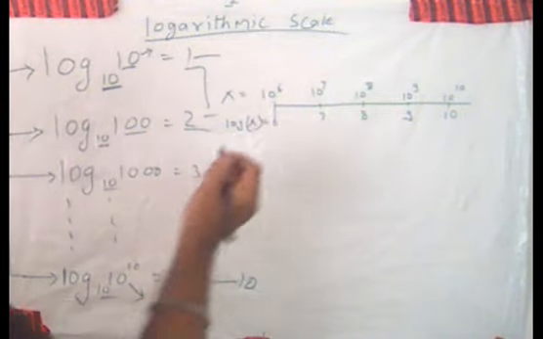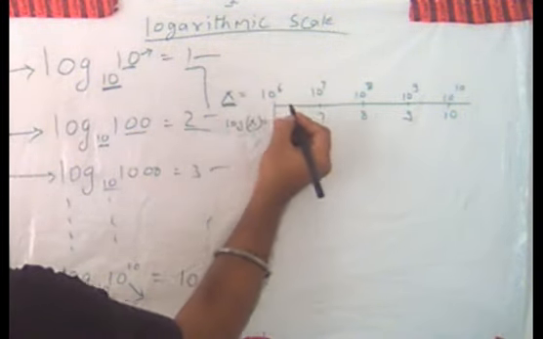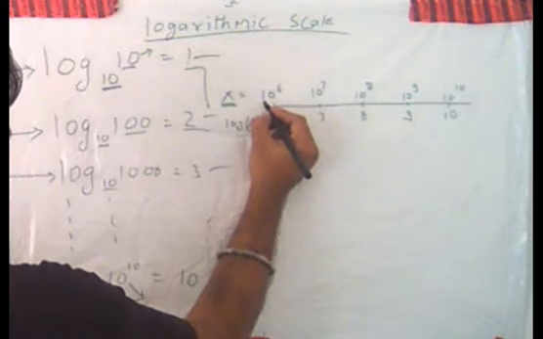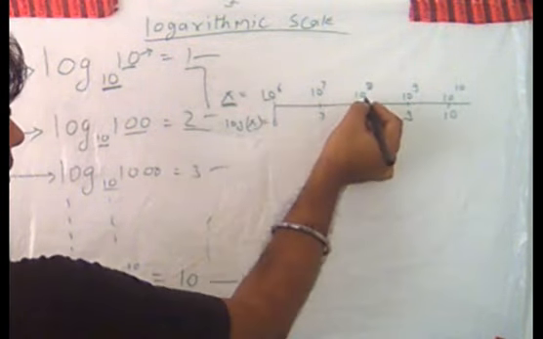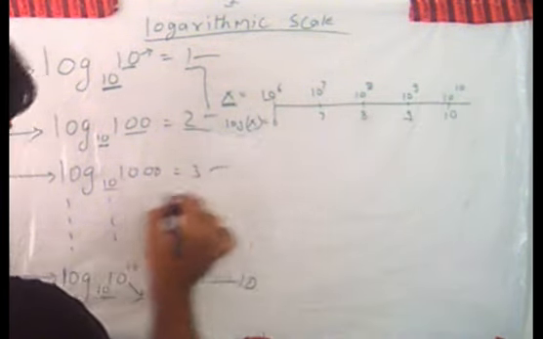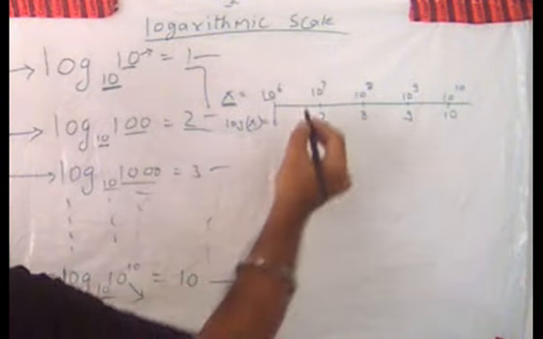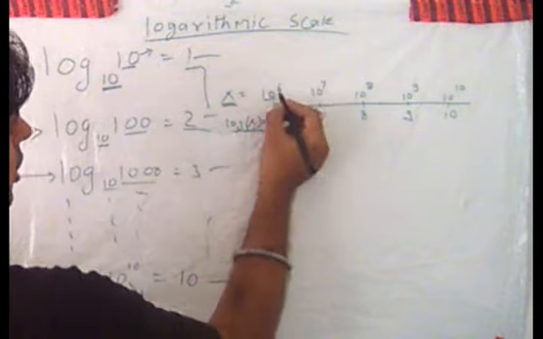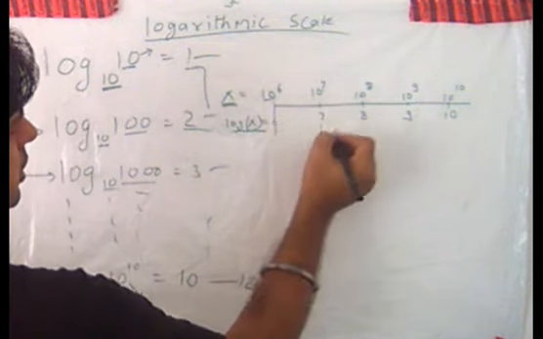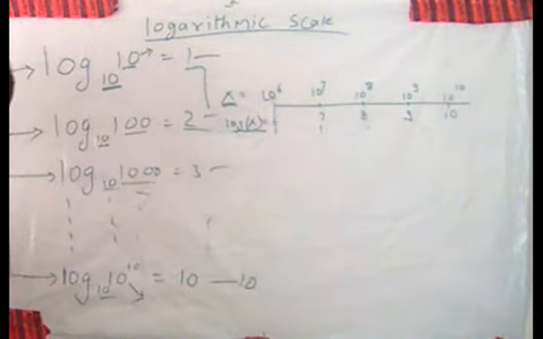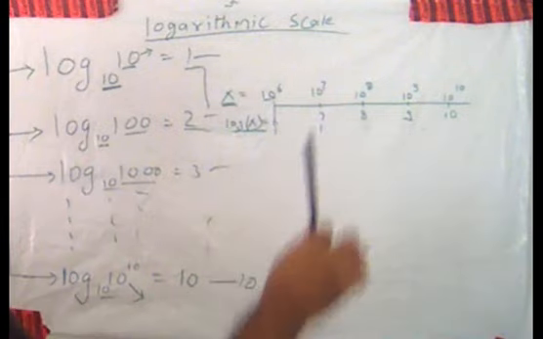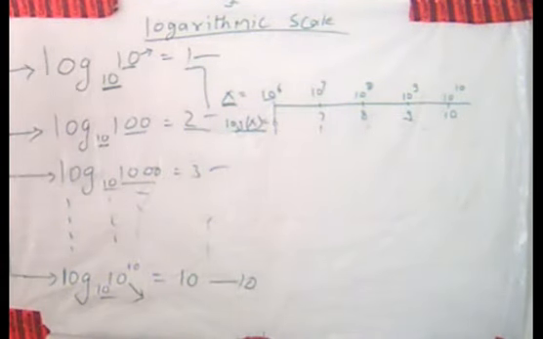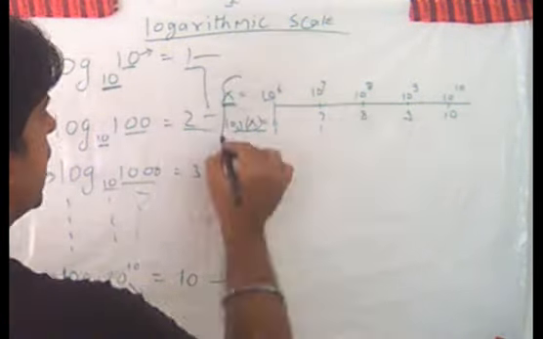हमने क्या किया? Our input, let's say it is 10 to the power 6, 7, 10 to the power 8, 9 and 10. From this data set हमने देखा हमारा input, we consider the log of that input. So we got log of this 6, log of this is 7, 8, 9 and so on. This is Richter scale, right? Richter scale is a scale made using logarithm base 10, right?